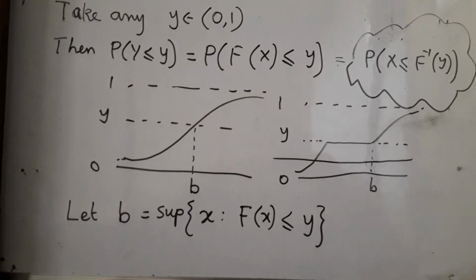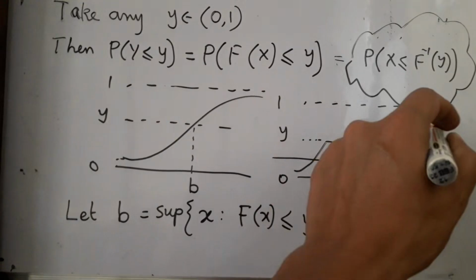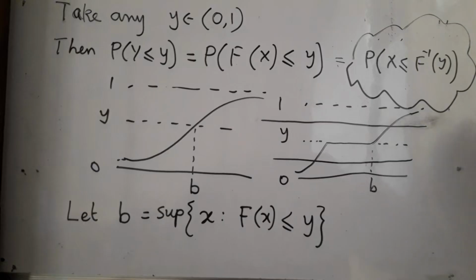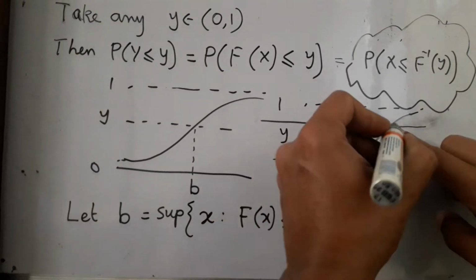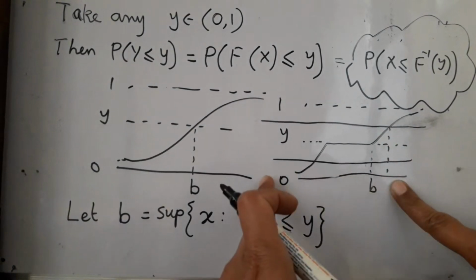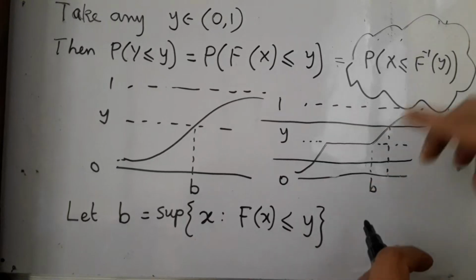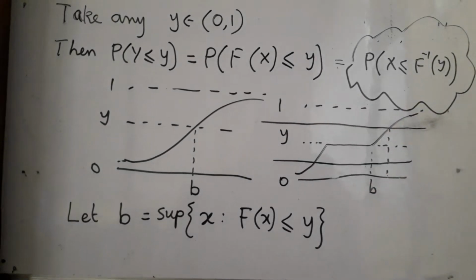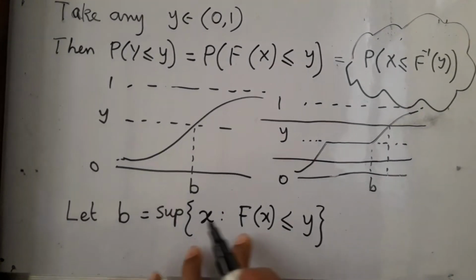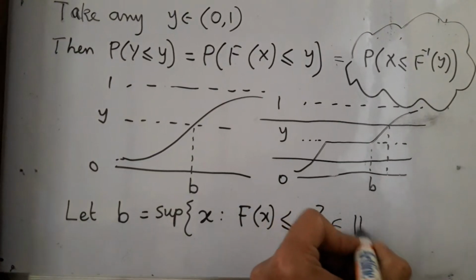Similarly, how do I show that it is bounded above? Because y is strictly less than 1, you just take any value between y and 1. This is a continuous function going all the way up to 1. Some point or other, you are bound to cross that value, and that will give you an upper bound. Because obviously, if you take anything even larger, you will even go above. You can never come to y. Think about this point. So you see that this is a non-empty and bounded set. So this b is a nice real number.